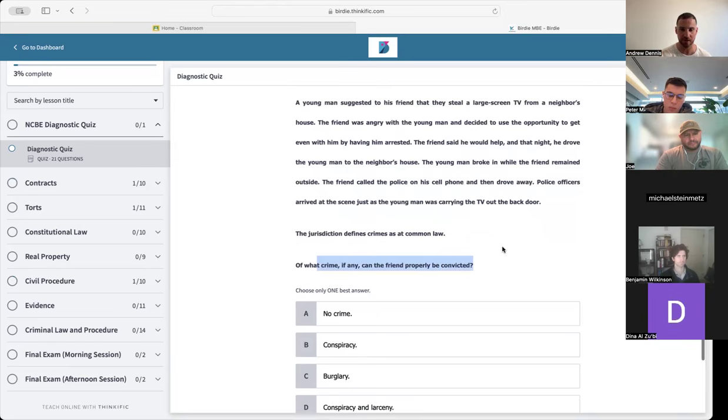Of what crime, if any, can the friend probably be convicted? A young man suggested to his friend that they steal a large screen TV from a neighbor's house. The friend was angry with the young man and decided to use the opportunity to get even with him by having him arrested. The friend said he would help, and that night he drove the young man to the neighbor's